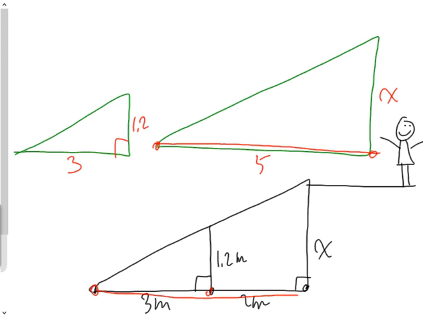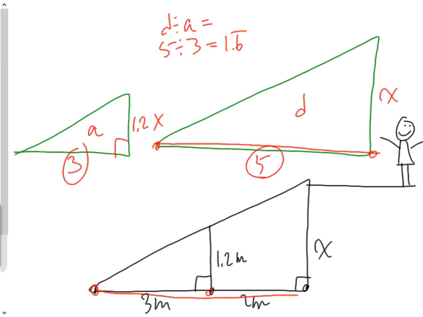So since I know both of these, this is going to be my actual. Since I'm missing one of these, I'm going to call it my diagram. Scale factor, d divided by a, to get your scale factor. Or 5 divided by 3 is my scale factor. 5 divided by 3 is 1.6 repeating, or 1 2/3. So that's my scale factor. So if I multiply this by 1.6 repeating,